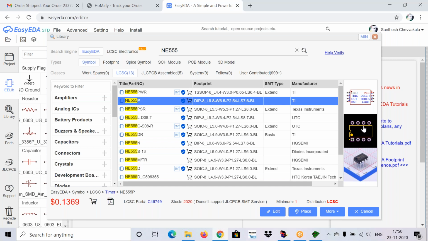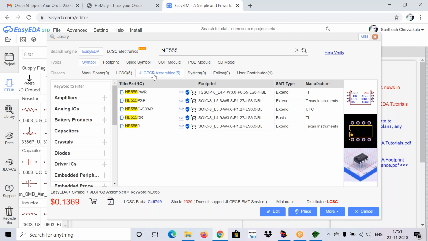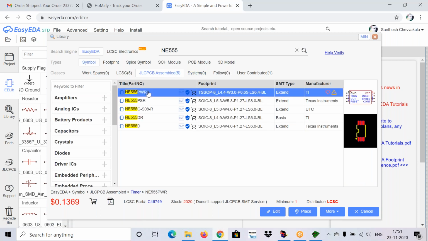It will give you an error while converting the circuit to PCB layout. Don't forget these points, and you can take your component from any one of the classes, as you like, if it suits your circuit.